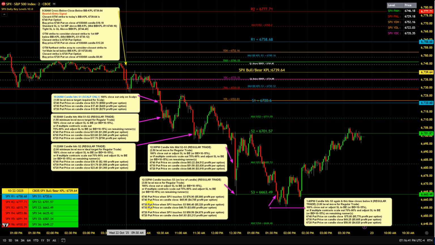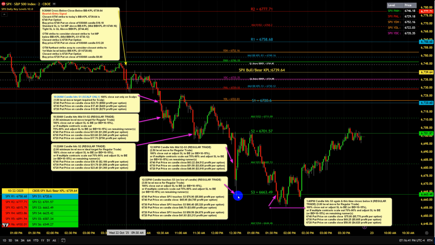The 67.30 put price when SPX touched S3 was 66.40, so that's $5,320 profit per option. However, it did back off in this monster bounce all the way to 49.70, but that's still $3,650 profit per option. The 67.20, furthest out of the money put, as you can see here, when it touched S3, it was 58.58,